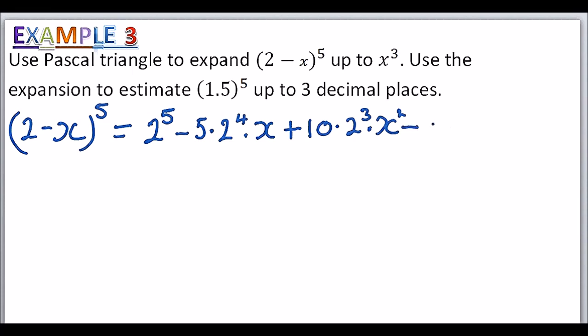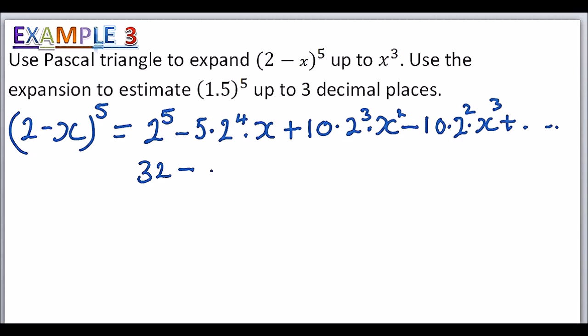Then we have minus 10 to power 10, 2 to power 2, then multiply by x cubed. So we are told to go up to x cubed, so you stop there, but you can continue, but the condition given you have to satisfy. So when you expand, you get 2 to power 5 is the same as 32